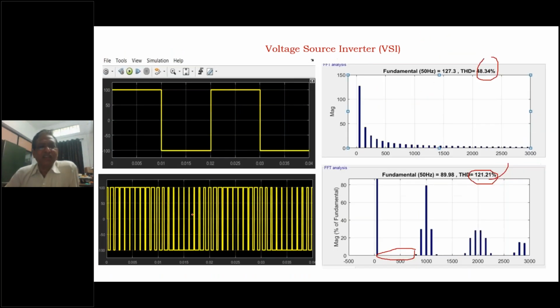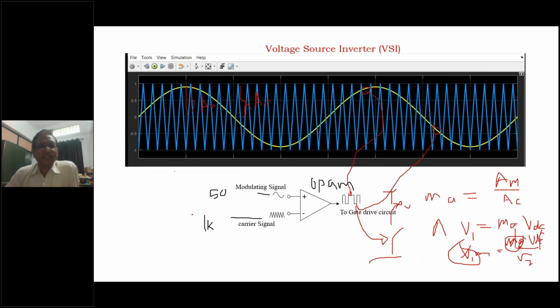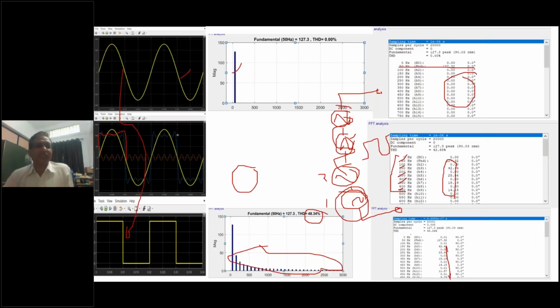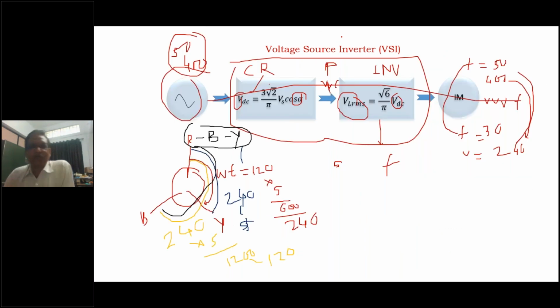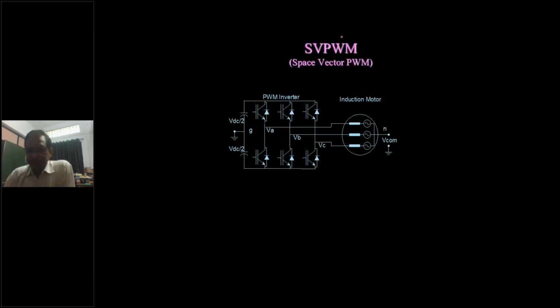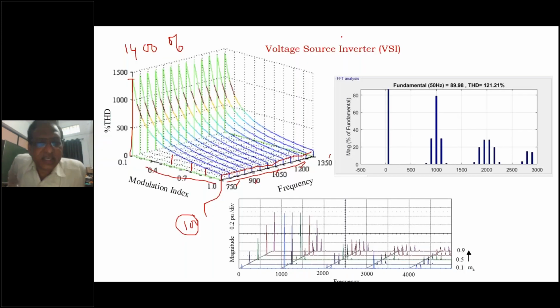If you see the earlier analysis, actually see the sinusoidal waveform. And where is TSD? TSD is 0%. TSD means harmonics. If TSD exists, it means harmonics are there. So this is the case.